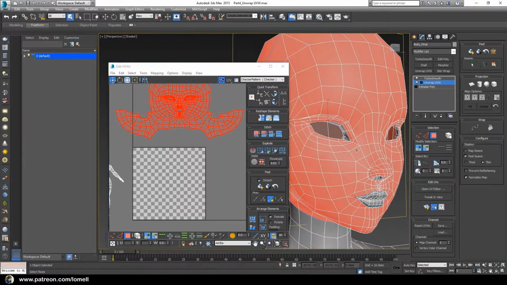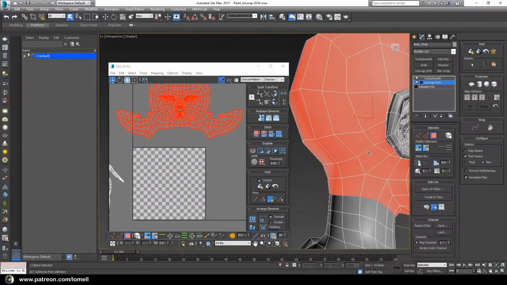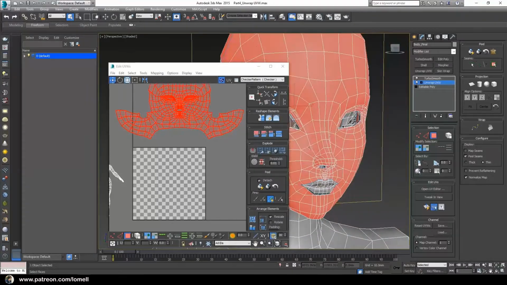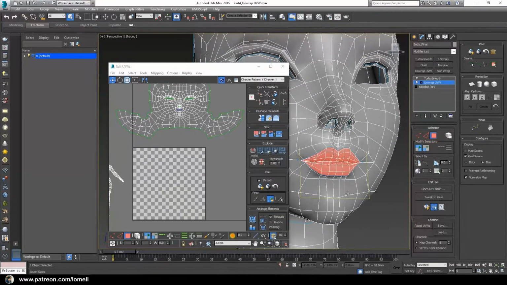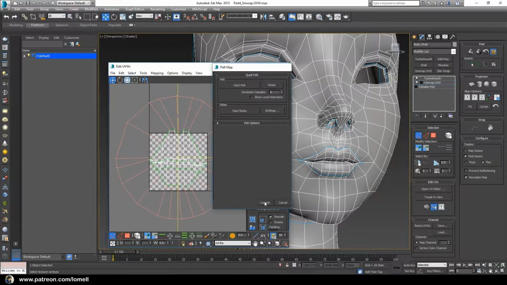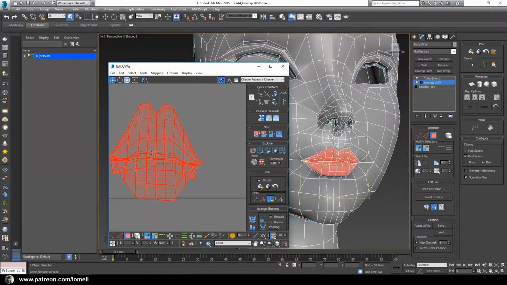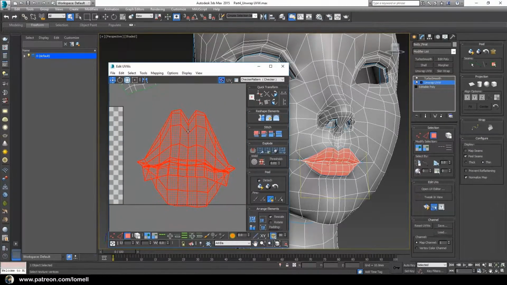Okay, and we can now repeat the process in the mouth area. Okay, then press F3 and pelt map and press commit, and of course we should separate the upper and the